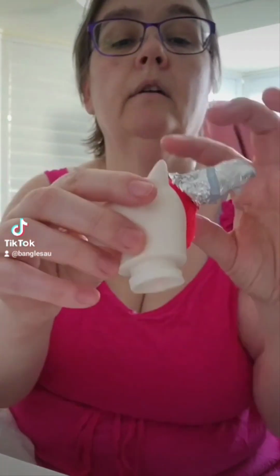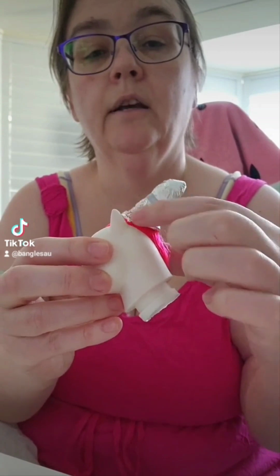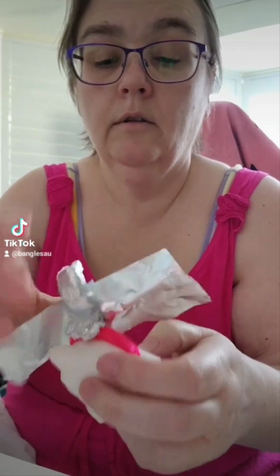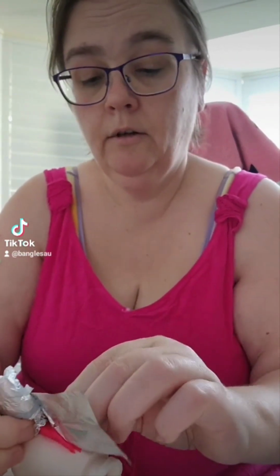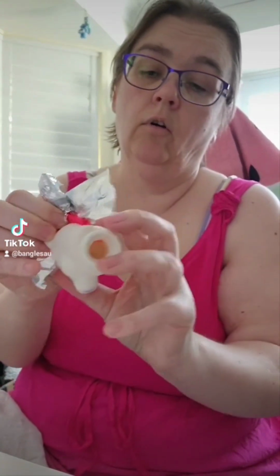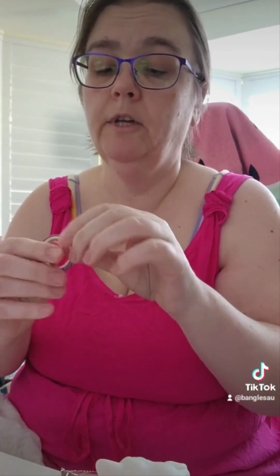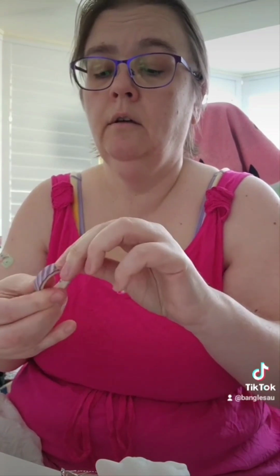Now this is the problem here. It's very hard to get a seal along here. This is when you just sort of have to fold it along as close as you can to the hairline. And this is where you use heaps of tape. Thicker tape might be helpful here. Basically any tape that's not super sticky is going to be okay. And then